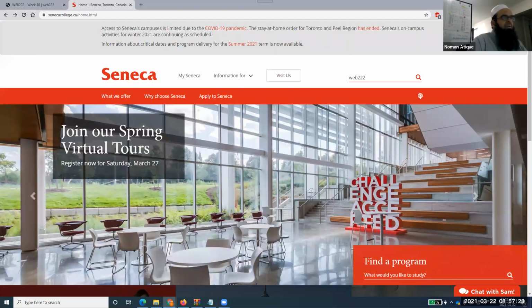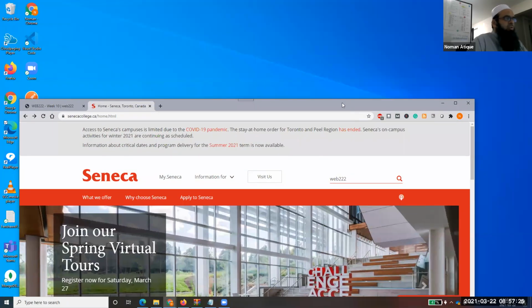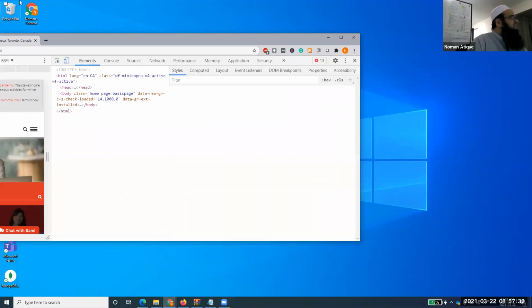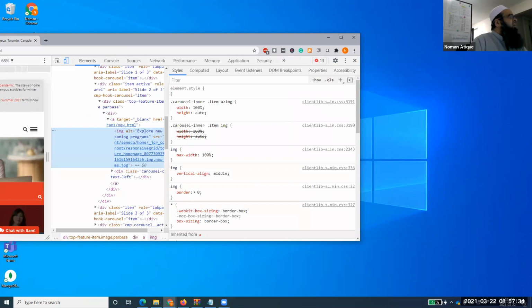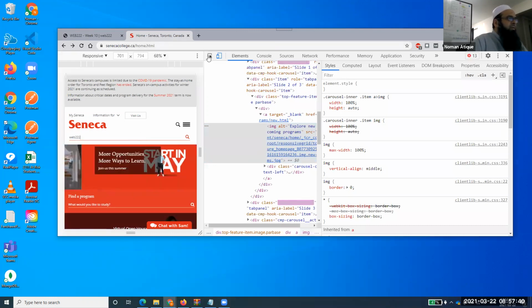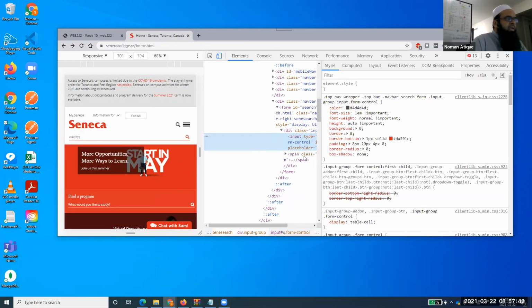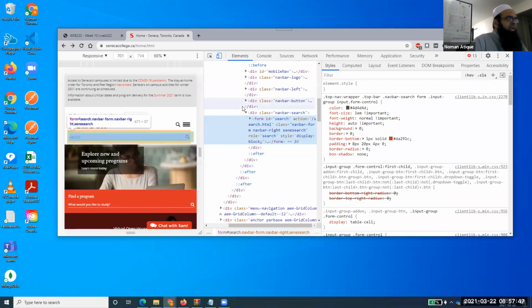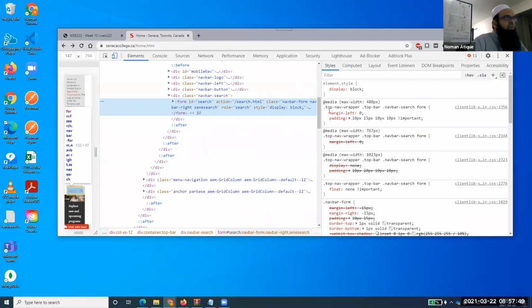I think on a low view, they are just hiding this form. You know that we have these media queries that I've worked on, and you can just hide those things in front of that. Okay, so this one is the form over here. If I just select this one, you see that it is showing input, and if I just go forward, this is the form that we have.